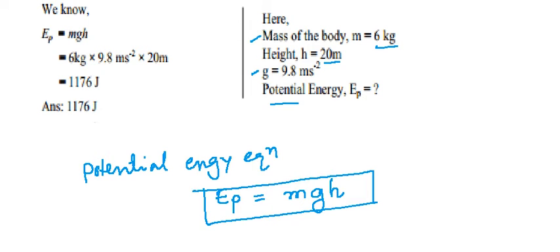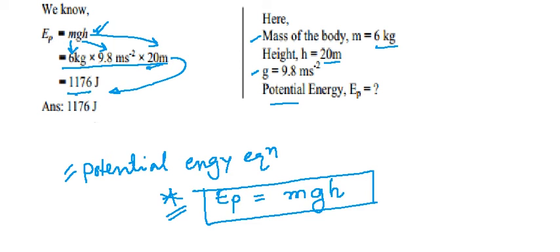This is the equation for potential energy. So if we just put the values in this equation, we get m value 6 kg, g value 9.8 and h value 20. Now if we calculate this, we will find this value